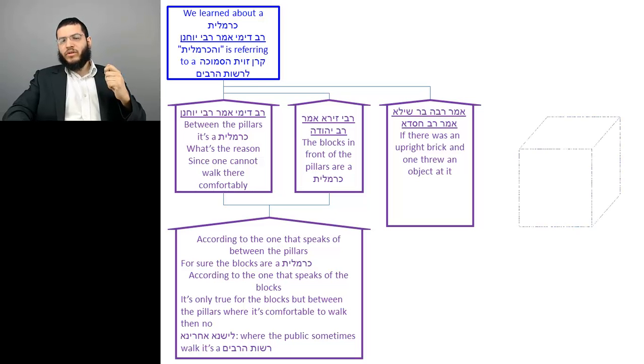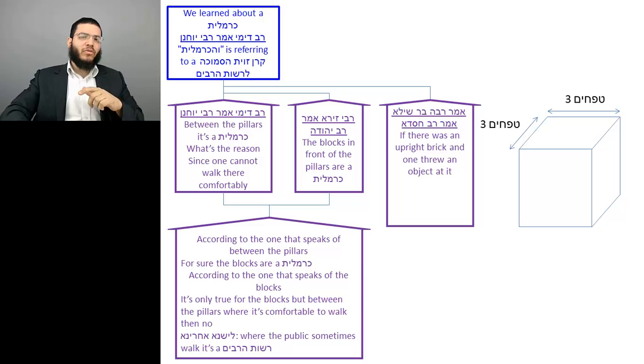So what is a levena? When we say levena in the Gemara, it's referring to a brick that has a specific size, and that is it's 3 tefachim by 3 tefachim on top of it. However, the height of the brick varies. It could be very low or it could be very high. So if it was low, meaning it was less than 3 tefachim, then we wouldn't have a discussion what the din is. The person will always be chayiv.